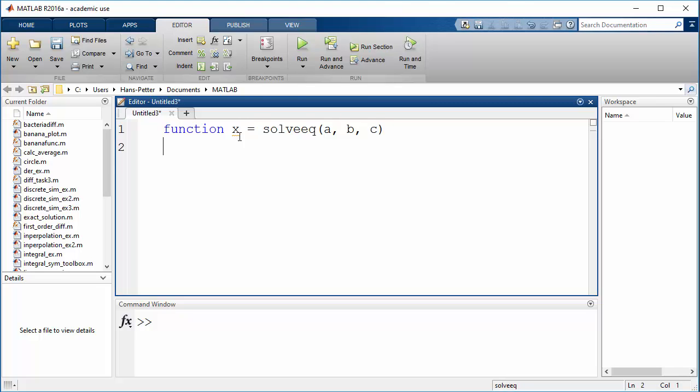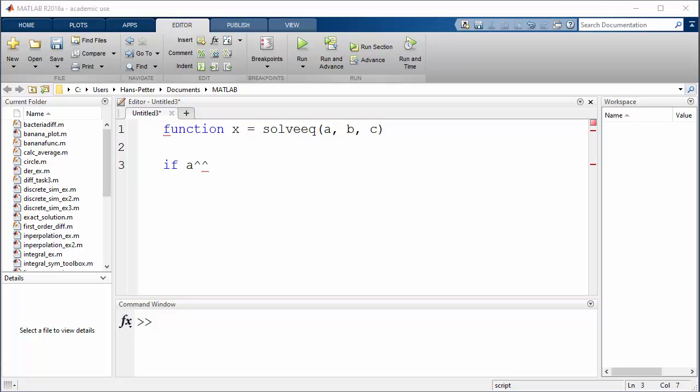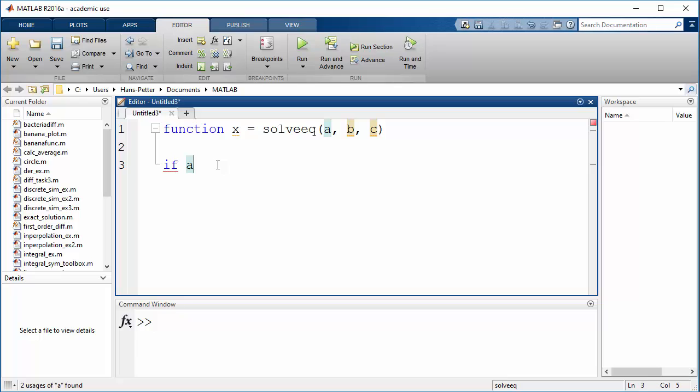And then we can start implementing these equations inside an if-else statement. So first, if a is not equal to 0, type it like this, not equal to 0, then